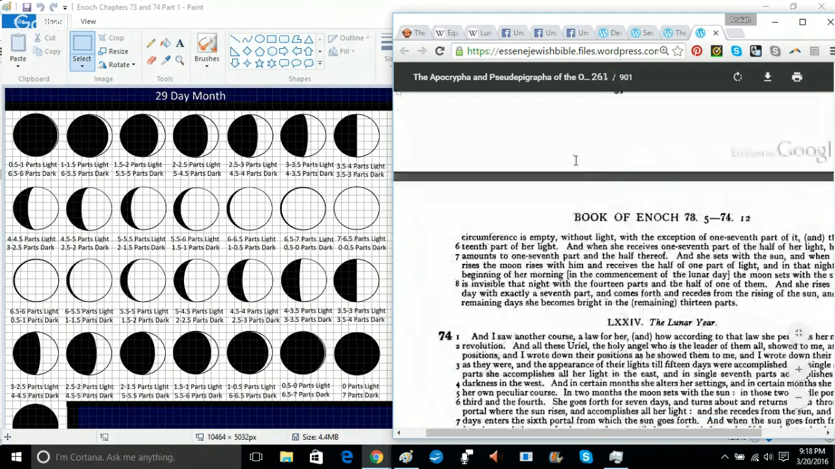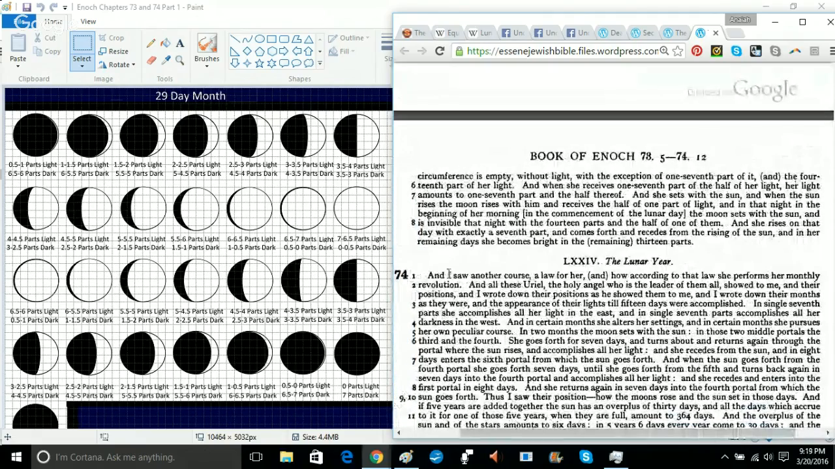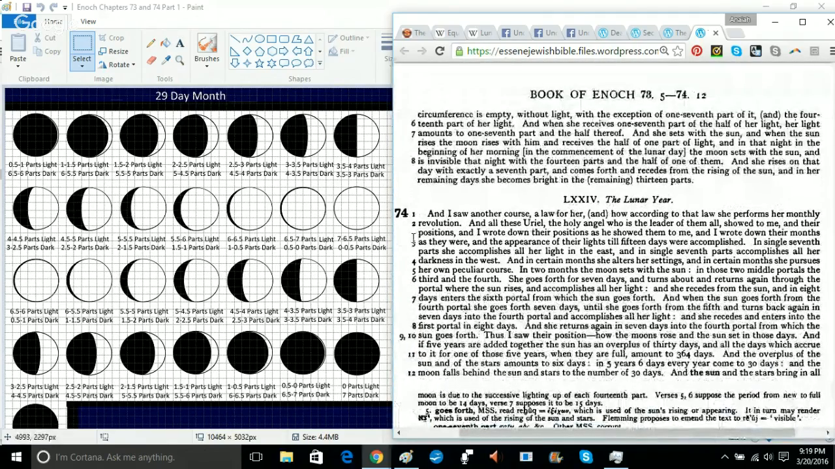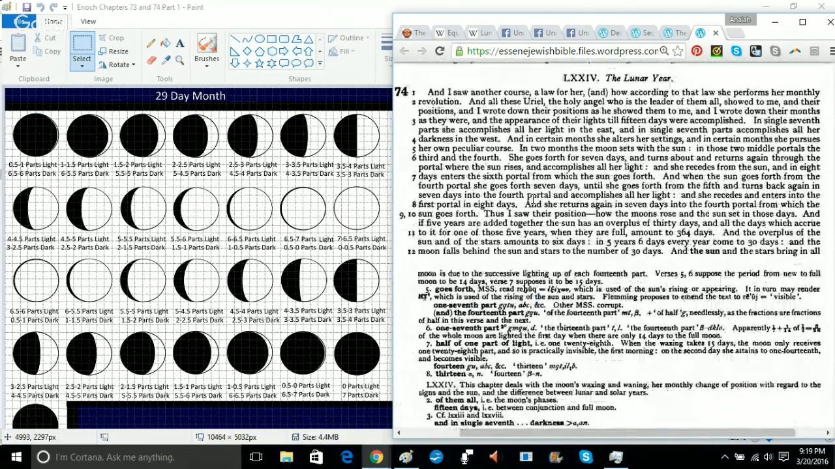I don't agree with them doing that, but unfortunately that was their reasoning. And chapter 74 also gives the laws of the moon. Now, he also tells us, Enoch tells us, let me see here,